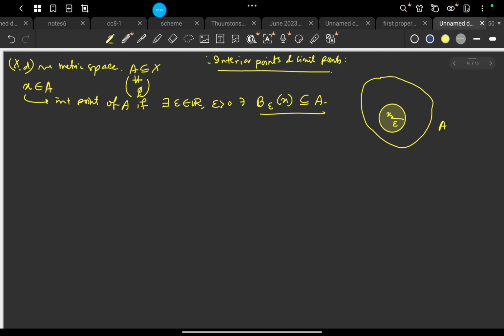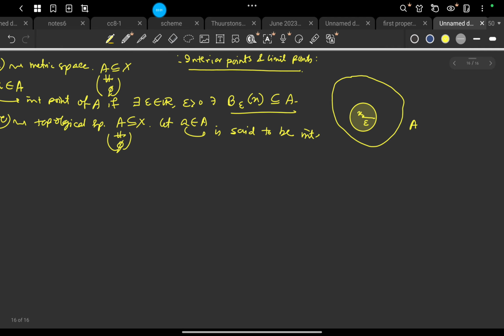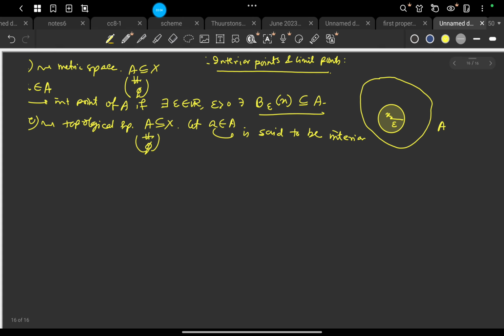But if we consider (X, tau) a topological space, then we don't have this luxury to choose any particular epsilon or any kind of ball. Rather, we have the liberty to choose any open neighborhood. That means let's say A is a subset of X as well, A is non-empty. Let small a belong to capital A. Small a is said to be an interior point